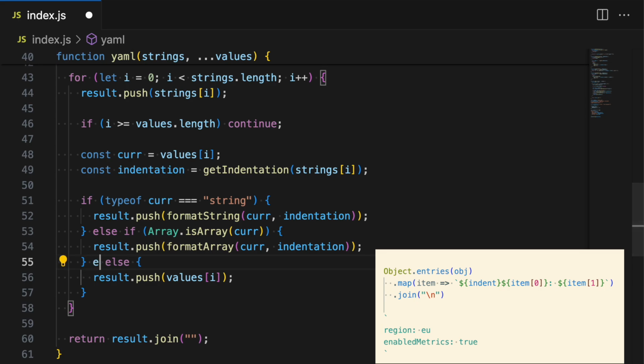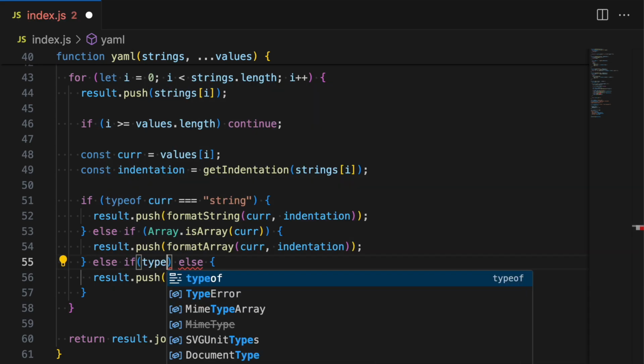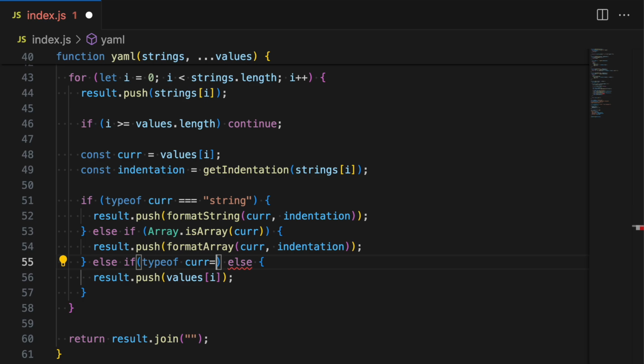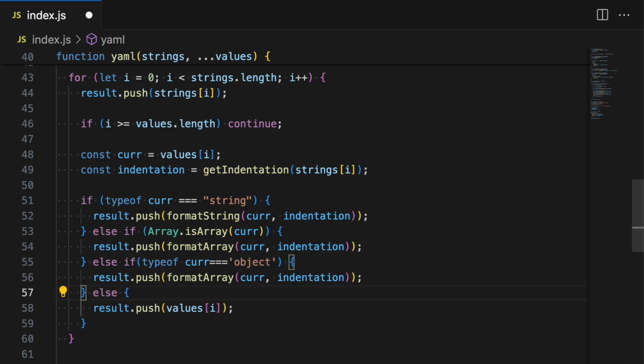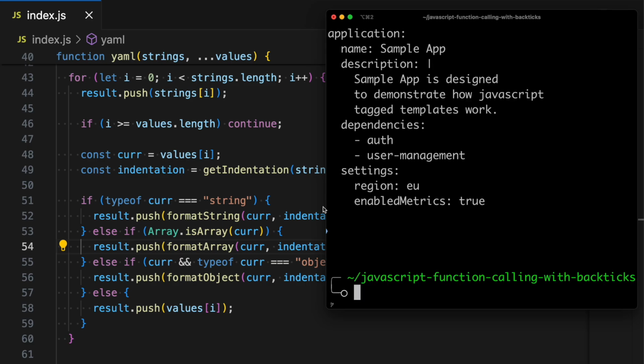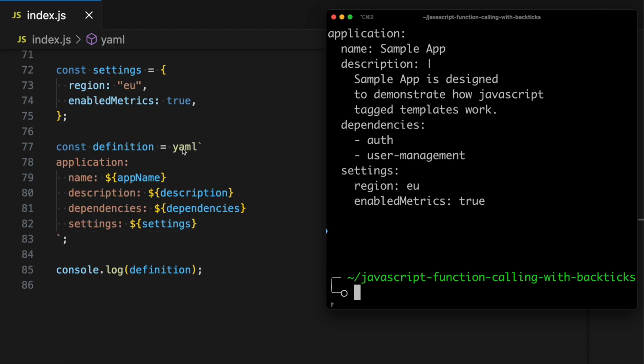And the same way, else if type of current equals object, then we push format object. We can also check here that current is not null or anything, since type of null is also an object. And if we run this, we see that we get the correct representation for settings, which is region EU and enabled true. So as you can see in this example, we managed through tagged templates to create a YAML function